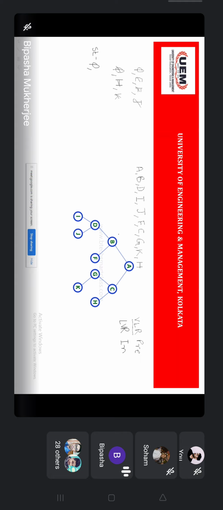Just push it into the stack, right? If we do it that way, then only it is possible. As we know the recursive one, if you go by that LVR, normal recursive, your LVR will stop here, because after I there is no left side.